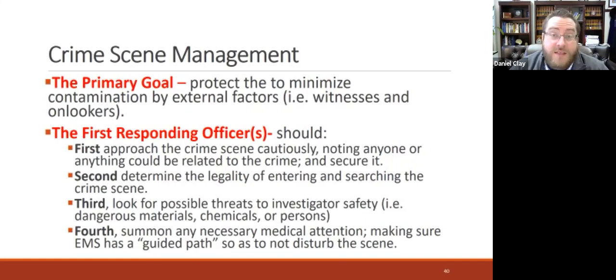Obviously, you can't do anything until you get there, but that's a really bad worst case scenario. Again, because it's going to make it more difficult to solve, and somebody like me is going to tear apart the detectives and the first responders on cross-examination. So that being said, we know, and we've kind of discussed to this point,